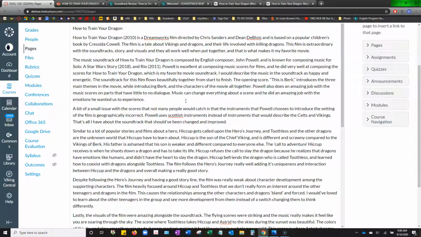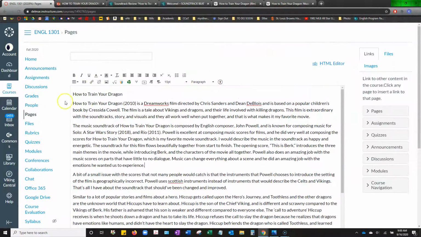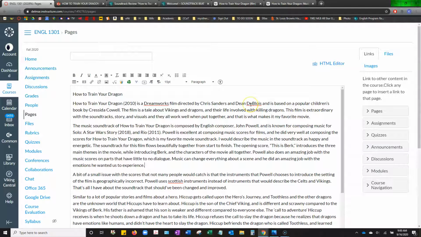So this brings into good question of what needs to be cited and what doesn't. It looks like these are just statements of fact, and we can find this information in numerous sources. Probably like the description on Netflix or Disney Plus or wherever we streamed it, or Amazon Video. We could find it on the back of the DVD box or the Blu-ray box. When it's basic information like this, we don't need to cite it because this is our observation about factual information